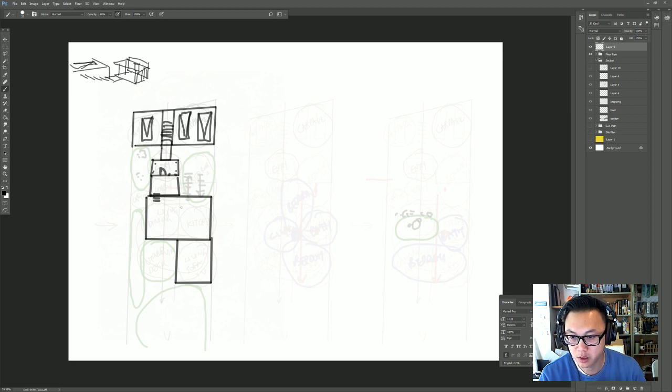Because those are two different spaces, maybe I like to have it mirrored, so it's gonna be here, or it can be here, or this could be here and here. And the circulation is really depending on what type of experience you want to create. Like, do you want people